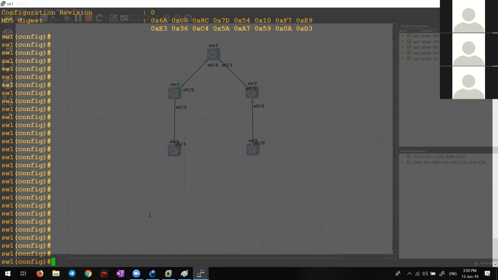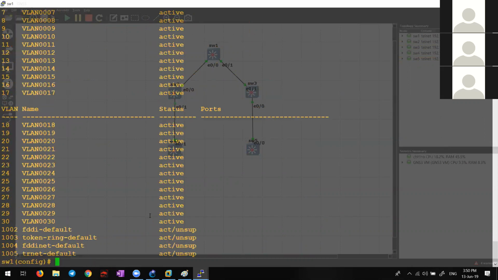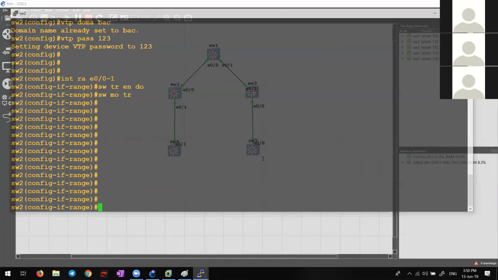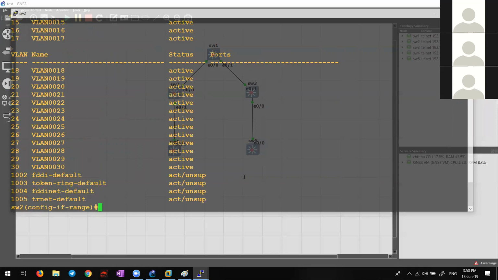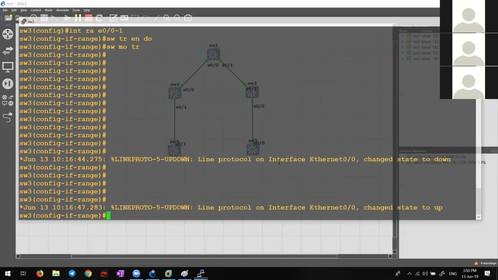So now I want to create VLANs only in the server. See here, I told you we can do later. VLAN 1 to 30. Enter, exit. Done. I've created 30 VLANs in this switch. Do show VLAN brief. You can see all 30 VLANs are created. Now, if VTP is fine, I should also be able to see the same VLANs in switch 2. Do show VLAN brief. Is it having all 30 VLANs automatically? Yes.